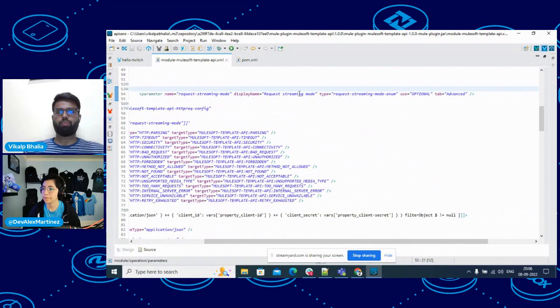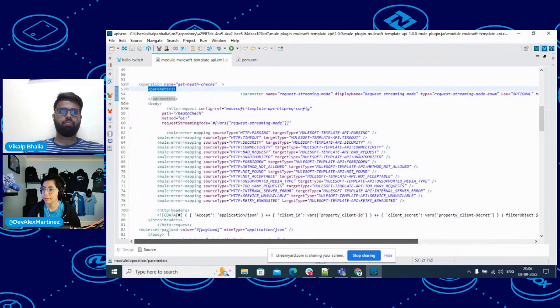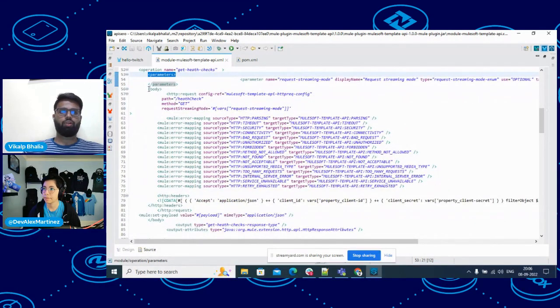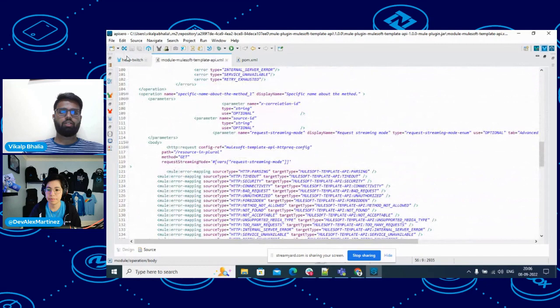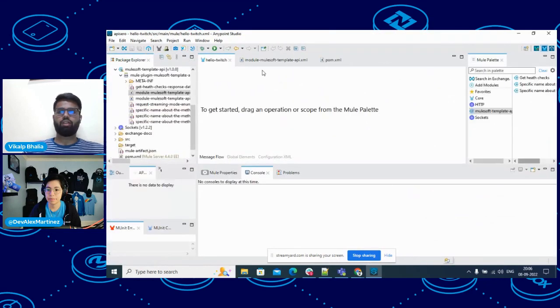They have a few property types, which we'll go through. And then the body, what exactly this operation will be doing. Similarly, I had three resources, so it has generated three